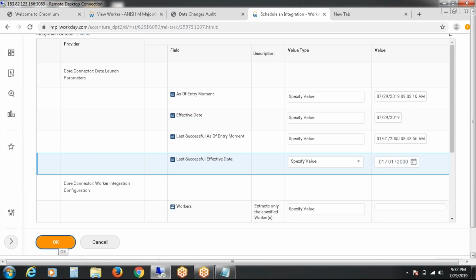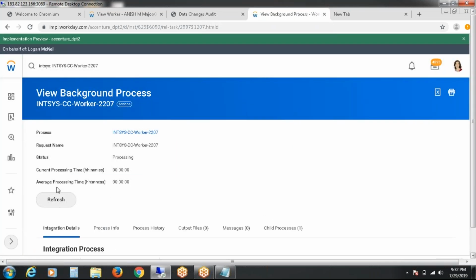Please say okay and refresh. It will run accordingly. So where you can see the differences means in the output file, diagnostic audit or data changes audit. In that you will see the refreshed changed data, prior value and current value.